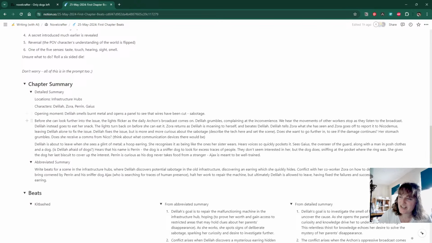In the chapter summary, there's a large amount on the fixing and the sabotage, and then at the very end, Perrin comes along with his sniffer dog. However, in the abbreviated summary, a lot of that is skimmed over, so the proportion of Perrin and the sniffer dog becomes much more prominent, and that reflects in the beats that are generated. So it's worth keeping that in mind when you give a chapter summary for beats to be made,